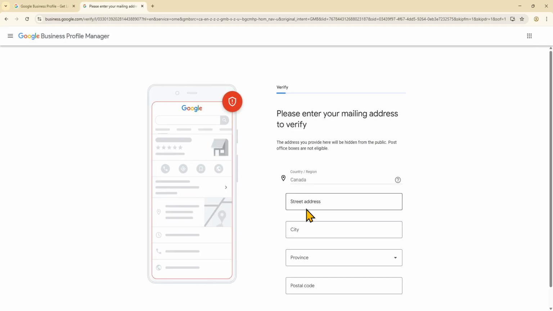And now this next step is very important. You will need to verify that you and your business are legitimate. Some verification options that Google will offer you include verifying your phone number with a code, having them send physical mail to your business address with a PIN on it to enter later, or video verification of your storefront or business operations. So select from one of the available options that Google will provide you based on your account info.